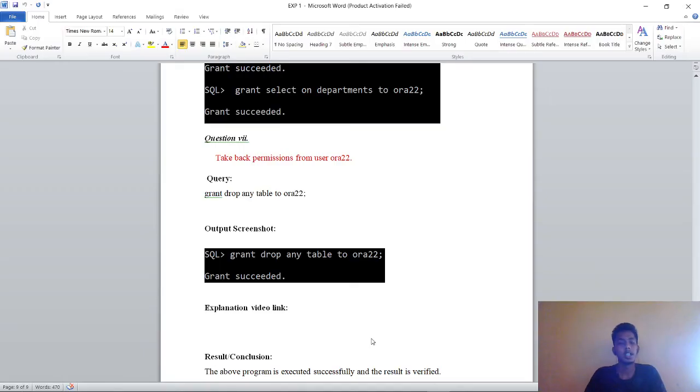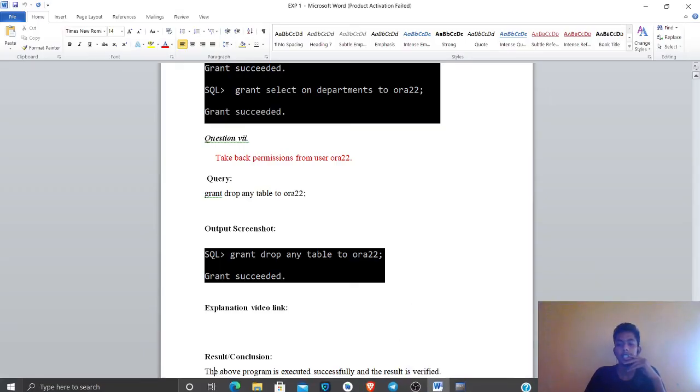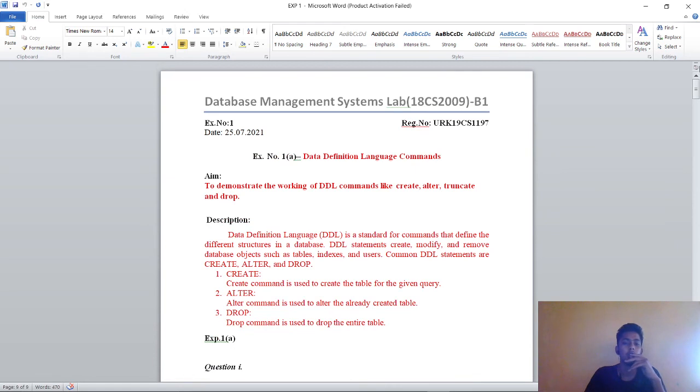So these are some of the DDL and DCL commands executed using this database. Thank you.